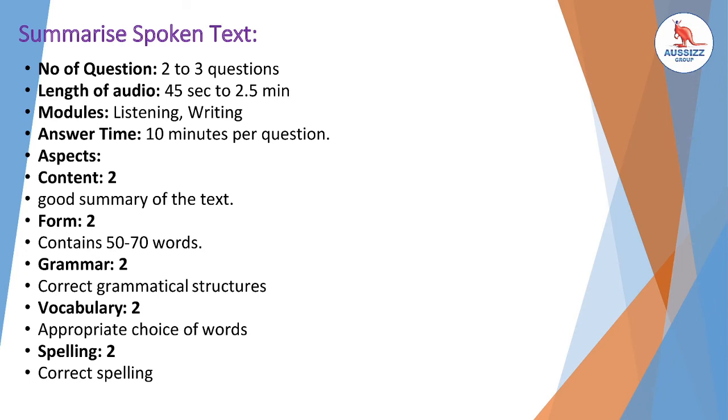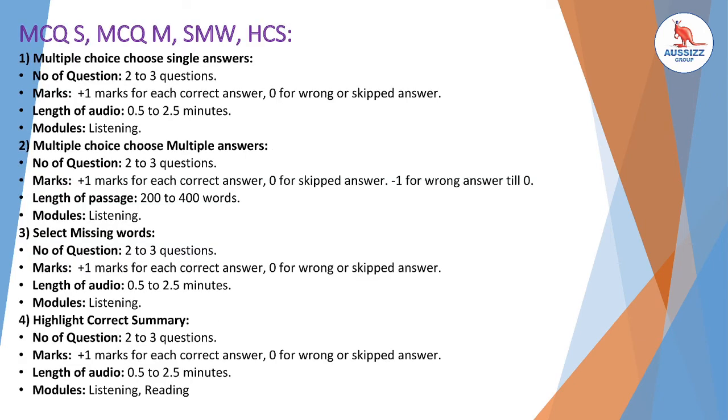Grammar is nothing but taking care of the tenses, prepositions and punctuation marks, as well as trying to include proper sentences, keeping balance between simple and complex sentences. Form is nothing but writing approximately between 50 to 70 words. Vocabulary is nothing but having appropriate choice of the words, which means reducing the chances for tautology error. Apart from that, spelling error must not be there, else it will have a major impact on the writing module.